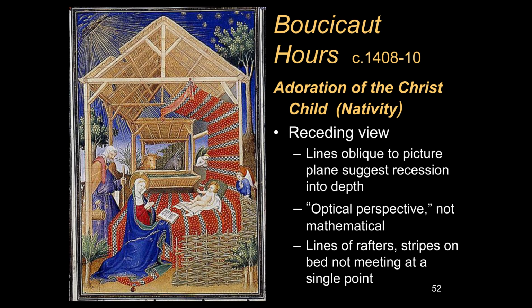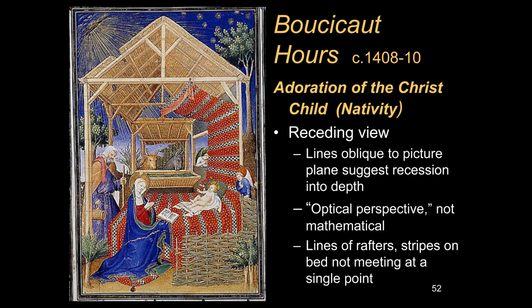Now, if you were to go and measure all those lines, you'd find that they don't have a single vanishing point. Some of you may remember from Art History Survey, or if you've ever taken Italian Renaissance art, that Brunelleschi figured out how to do what we call one-point linear perspective, in which all of these oblique lines that are oblique to the picture plane, we call them orthogonals. All of the orthogonals meet at a single vanishing point, and it's all very orderly and mathematical.